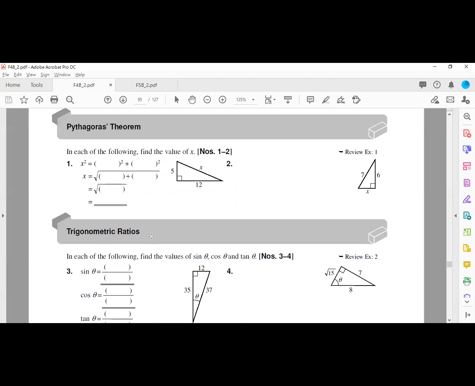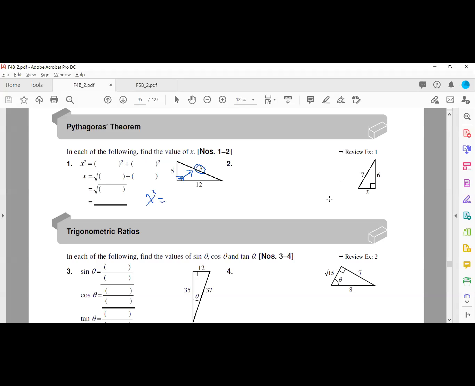The first exercise is about Pythagoras theorem. When you have a right angle triangle and you have information about the 3 lengths, then you just need to identify which one is the longest side. The right angle is here, and the right angle is looking at this length. So the x will be the C, the longest side. 就係斜邊啦，得唔得？ So x square